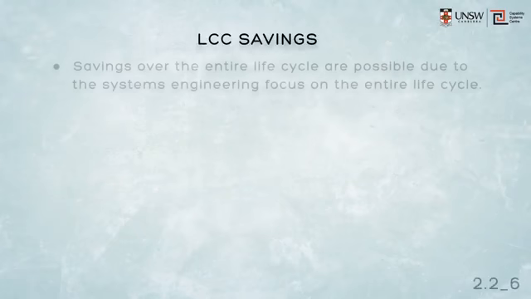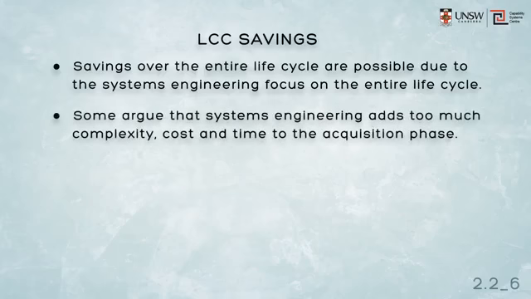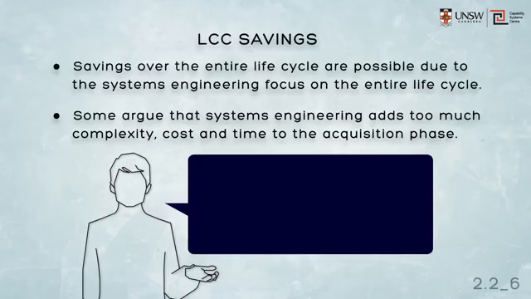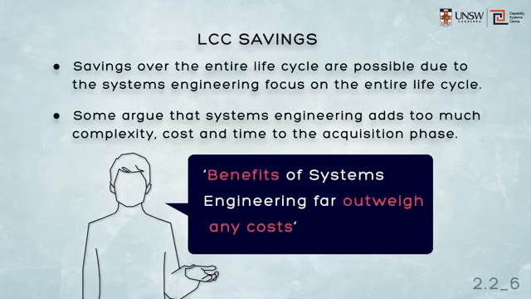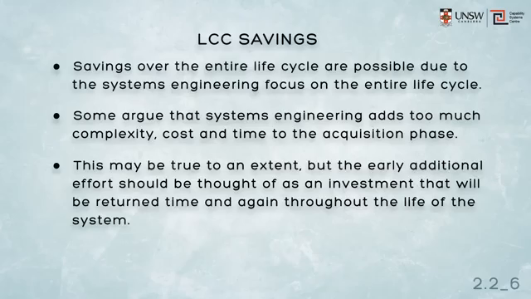The first and most obvious benefit is the scope for saving money during all phases of the system lifecycle. We call those lifecycle cost savings. While some may argue that the additional resources and requirements imposed by systems engineering can increase the costs, these increases are comparatively small and are generally felt in the very early design phases. If applied appropriately, systems engineering can ensure that the savings achieved far outweigh the cost of implementing any small number of additional procedures and methodologies. Experience indicates that an early emphasis on systems engineering can result in significant cost savings later in the construction and production phases, in operational use and system support, and even in the disposal of the system.